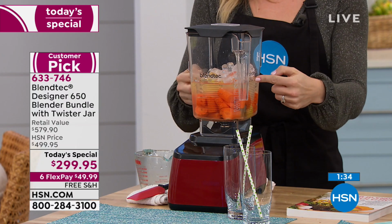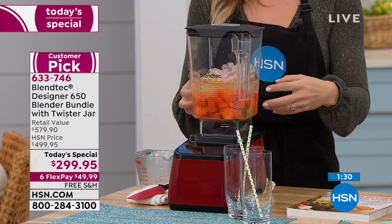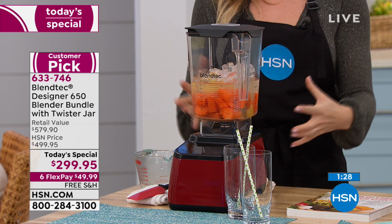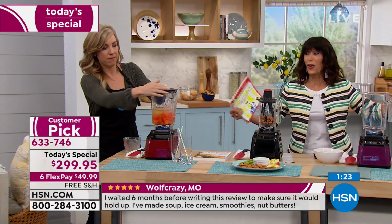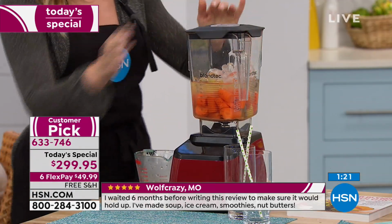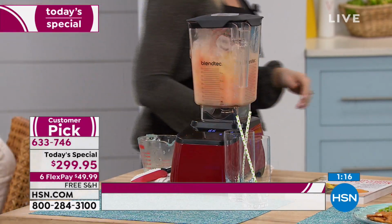Sky's the limit. You can even use this to grind meat. You take some chilled chicken breast or what have you, pop it in here, pulse, pulse, pulse. Now you've got ground chicken. So there's another appliance that you're covering, right? Exactly. And then you think about that. Where do you store all these appliances, right? Beside the fact that you're spending a ton of money buying the mixer separate, the food processor, the meat grinder, the